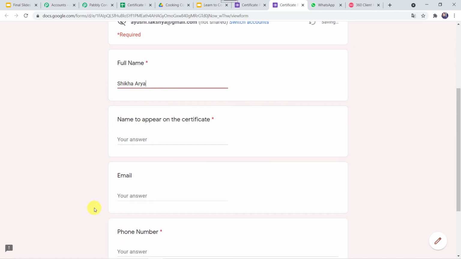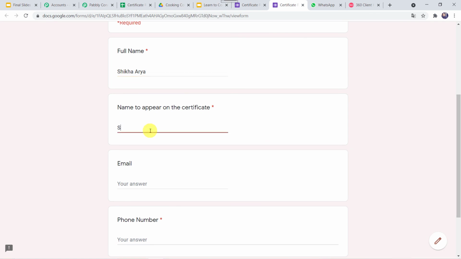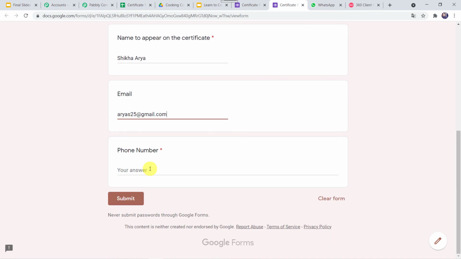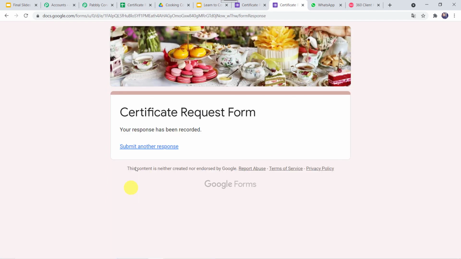The name to appear on the certificate should be the same, Shikha Arya, and her email ID is aryas25@gmail.com, and her phone number, I'll just give the same phone number to check whether the integration is working or not. So I'm giving the same phone number and I'll just click on submit. Now the response has been recorded.